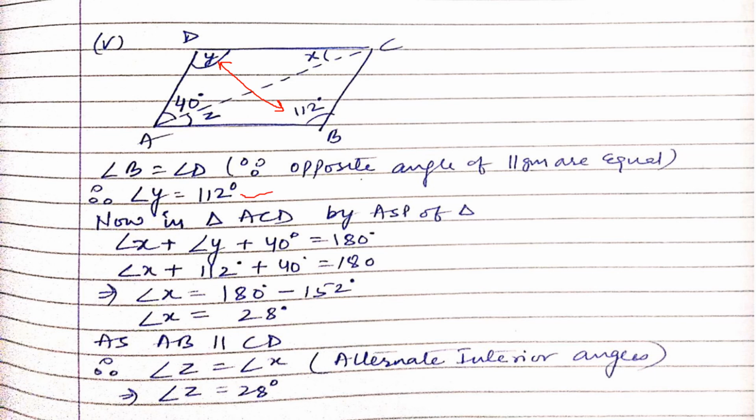112. So first thing we have got, after getting Y, what you can say that in triangle ADC by angle sum property 40 plus Y plus X is how much? 180. Very simple. So add these three, you will get value of X. After finding value of X, you can see a Z is forming in which X is coming above and Z is coming here. So you have got the value of X from the last equation. You can say Z equal to X. If anything is not clear, you can see the solutions, but I would like to tell you that you should try it on your own. Okay, always write the complete reason whenever you solve by any method.